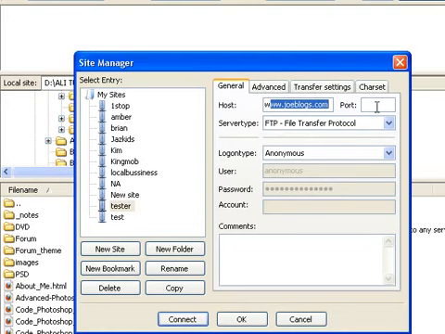Port, don't worry about it. It will sort it out for us. Server type, file transfer protocol, FTP, good job. Logon type, I go to normal, and this is where you would put your information. You'd put your username, you'd put your password, and once you have that information in there, you simply hit connect,